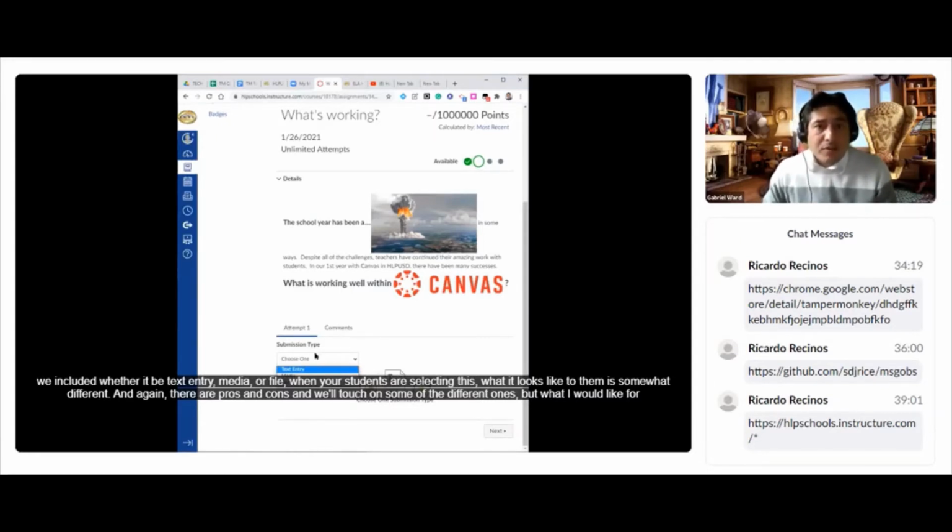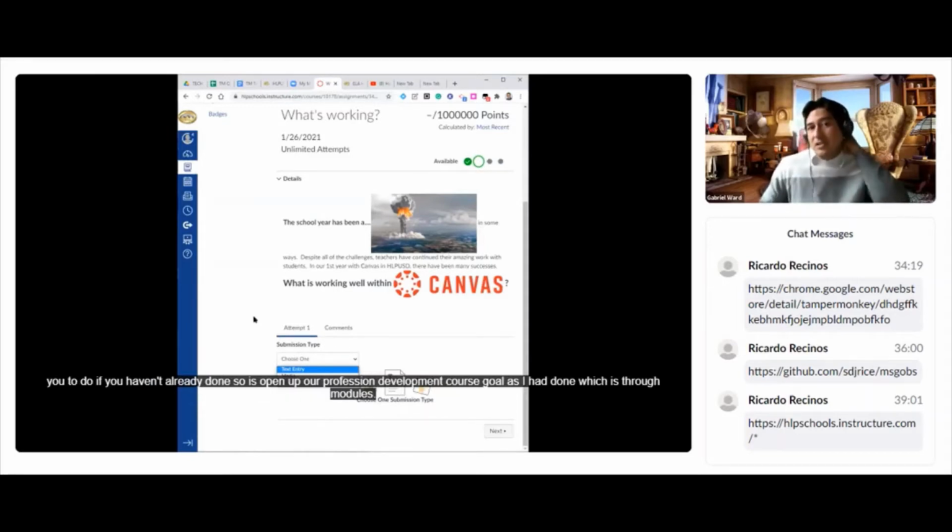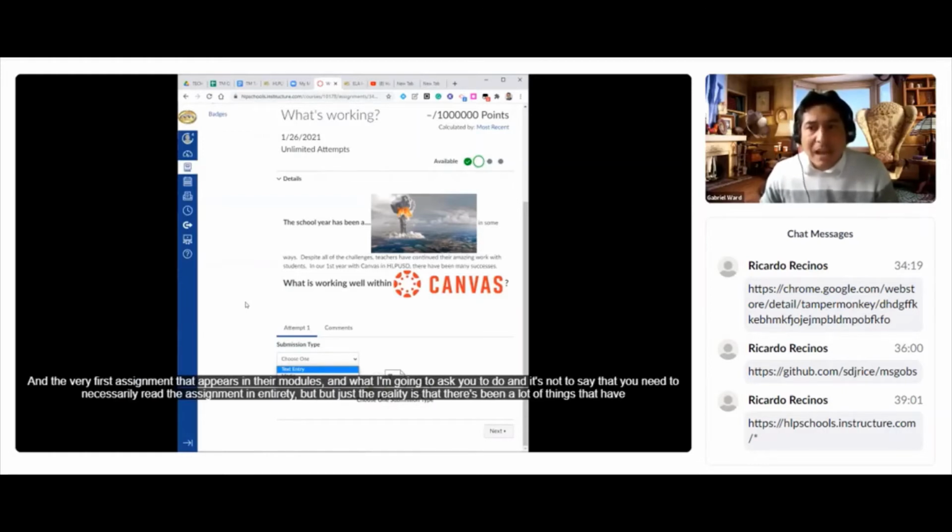And again, there are pros and cons, and we'll touch on some of the different ones. But what I would like for you to do, if you haven't already done so, is to open up our professional development course, go as I had done, which is through modules, and the very first assignment that appears under modules. And what I'm going to ask you to do, and it's not to say that you need to necessarily read the assignment in its entirety, but just the reality is that there's been a lot of things that have